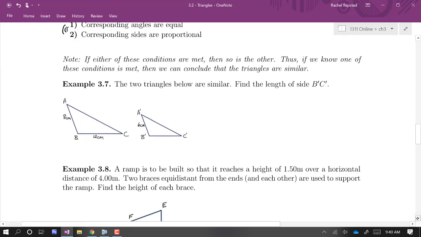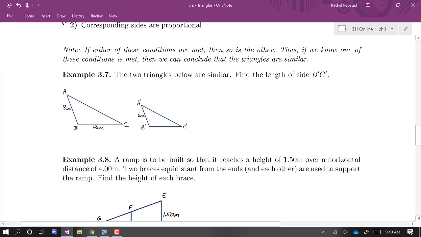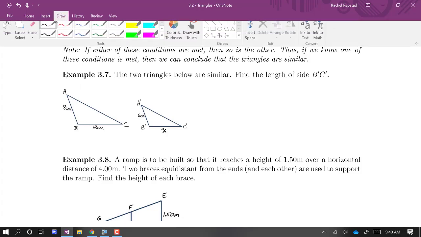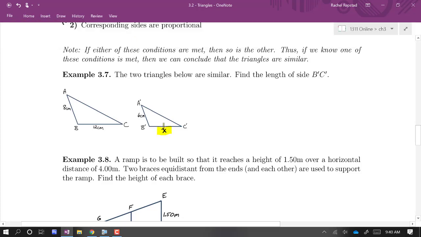So in example 3.7, they tell us that these 2 triangles are similar, and we're going to use that to find the length of side B prime C prime. We know the 2 side lengths they've given in the figure on the left, and we want to know this length here, and I'm just going to label that as x. Since they're similar, we can set up a proportion. The corresponding side lengths are proportional, so x, B prime C prime, corresponds with the length BC over here, so I'm going to make that ratio x over 12,